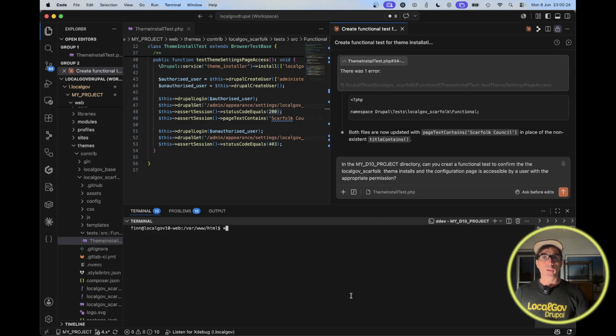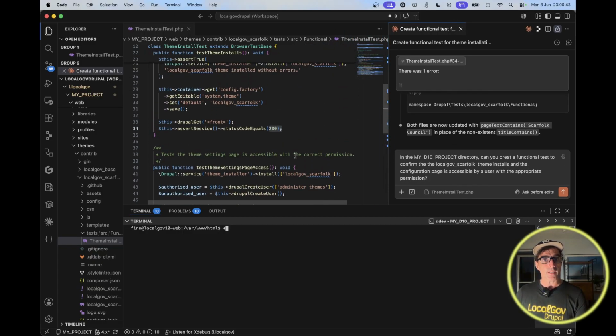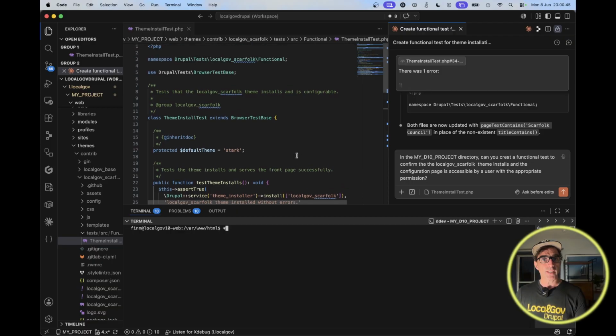I've just asked Claude Code to create me a functional PHP test in the LocalGov Scarfolk theme. I said, in my D10 project directory, can you create a functional test to confirm the LocalGov Scarfolk theme installs and the configuration page is accessible by a user with the appropriate permissions. It took a while to think about it, not a huge amount of time, and it's created this test, which